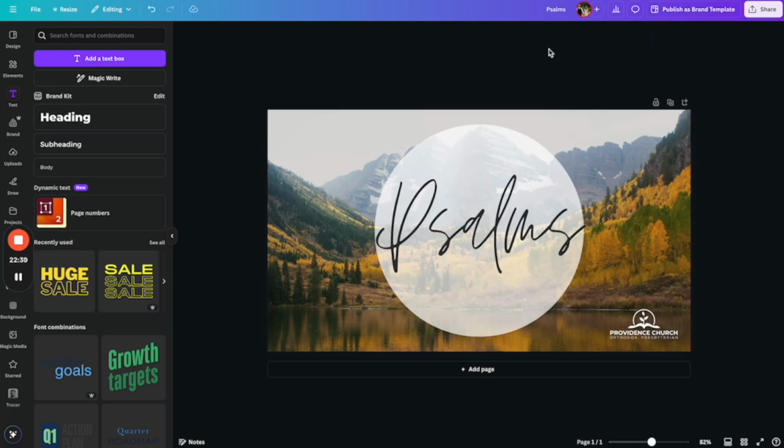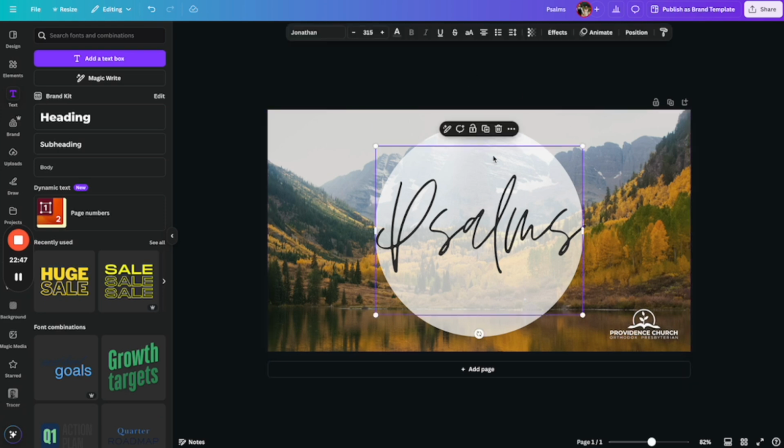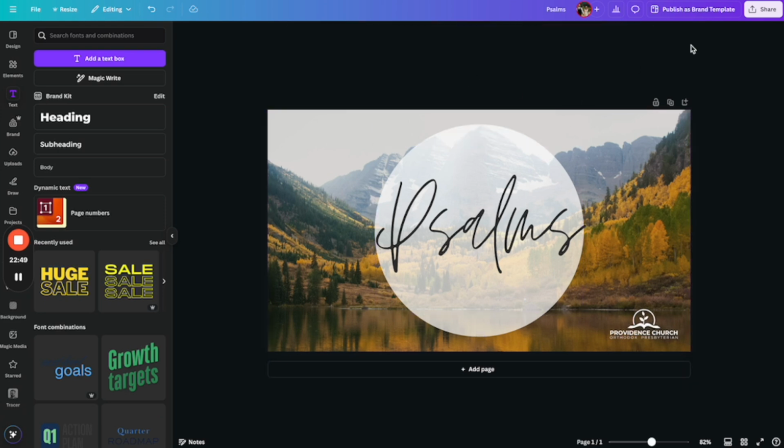But that's the basics of how you would create something just using elements, text, uploading another image, and adjusting as you go. So now we really like this. It's important to name it something that makes sense. Psalms, sermon, series, logo, something like that. Whatever helps you remember. So we're going to go share,